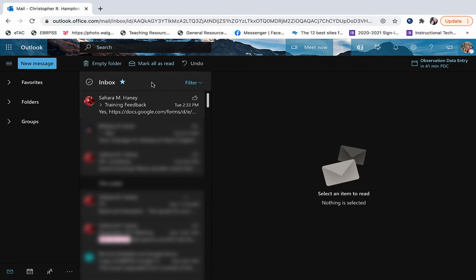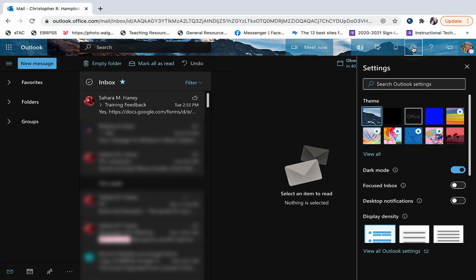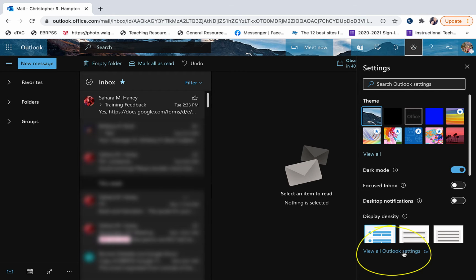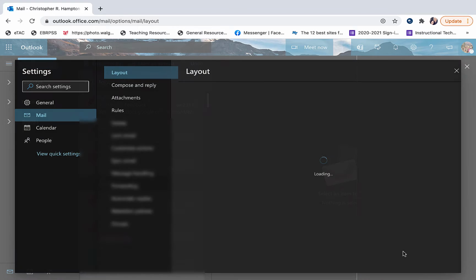Okay, so now it's time to take a look at adding a signature to the end of your email, which can save you some time as well and also personalize things. So go ahead and click on this cog, and we're going to look for the All Outlook Settings option, which is right there at the bottom. Once we click on that,